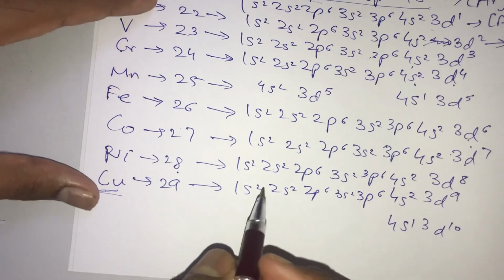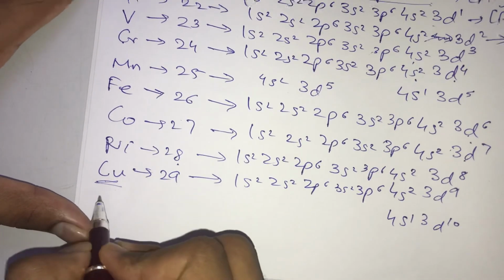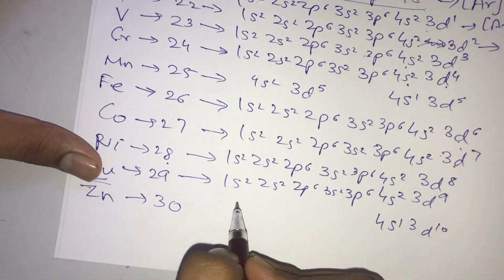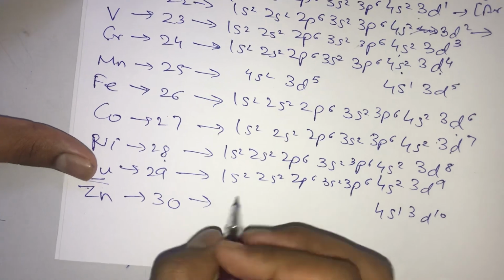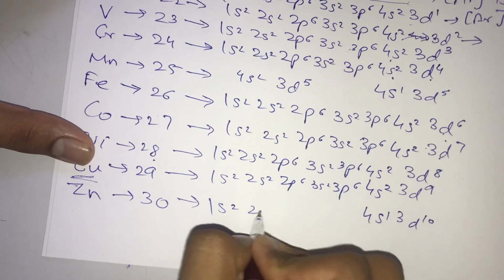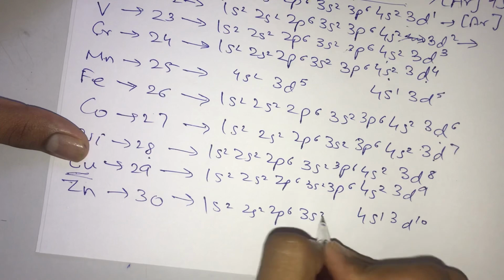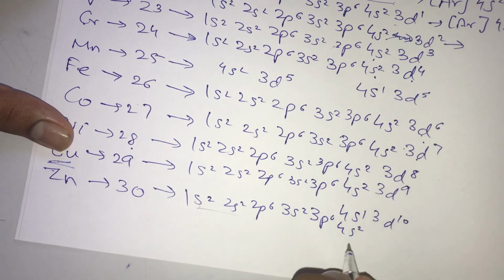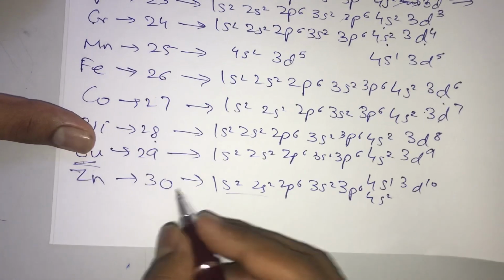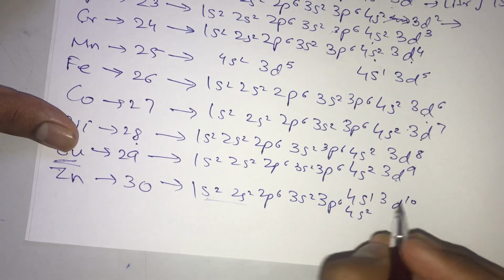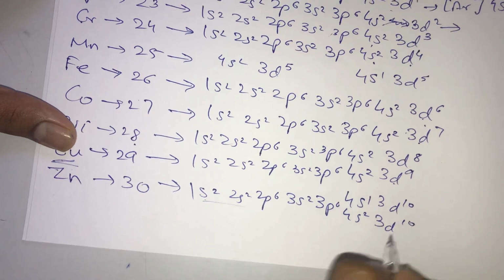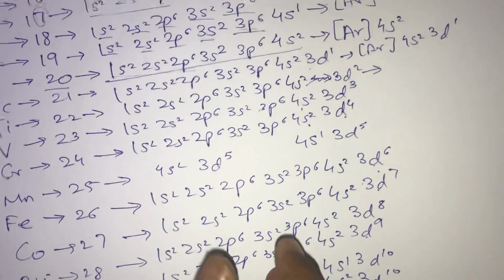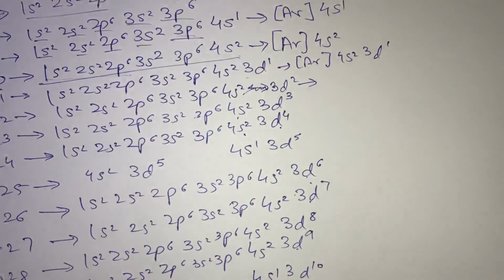So guys, for the last one, it is nothing but your zinc, whose atomic number is obviously 30. So you are initially going to write 1s2, 2s2, 2p6, 3s2, 3p6 and 4s2. It is up to 20. So after you have finished up to 20, you have 10 more electrons to go. And as we all know, 3d can take a maximum of 10 electrons, therefore you are going to write 3d10. So guys, this was all the electron configuration of elements from atomic number 1 to 30.